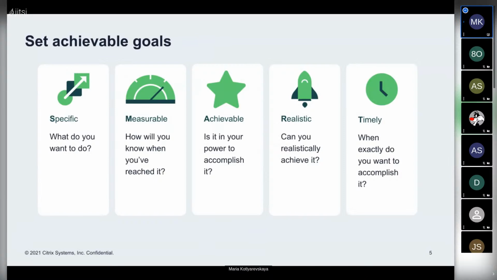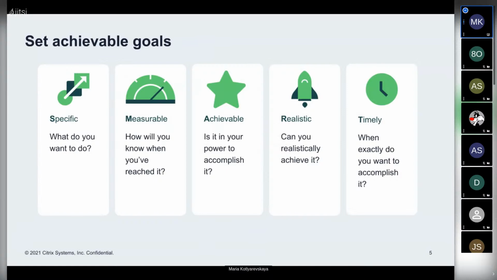You can try to use the SMART approach. I personally would suggest it because it allows you to specify the target goal. You can just answer simple questions: what do you actually want to do, how will you know when your goal is successfully accomplished, can you do it alone or do you need some external support.